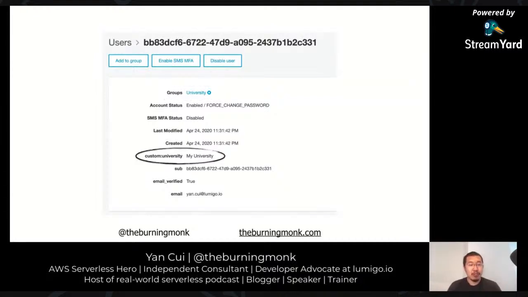And we also use a custom attribute to tell us which university they are the admin for, which is passed along to our resolvers by Cognito when the user interacts with the CMS AppSync API resolver.